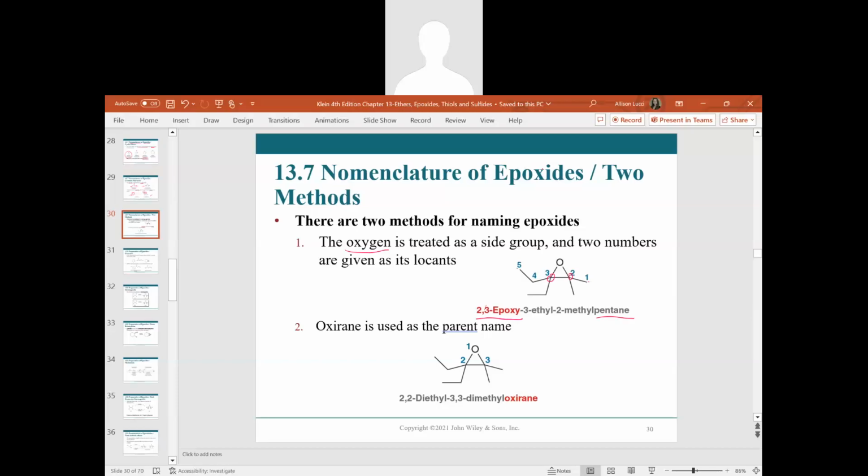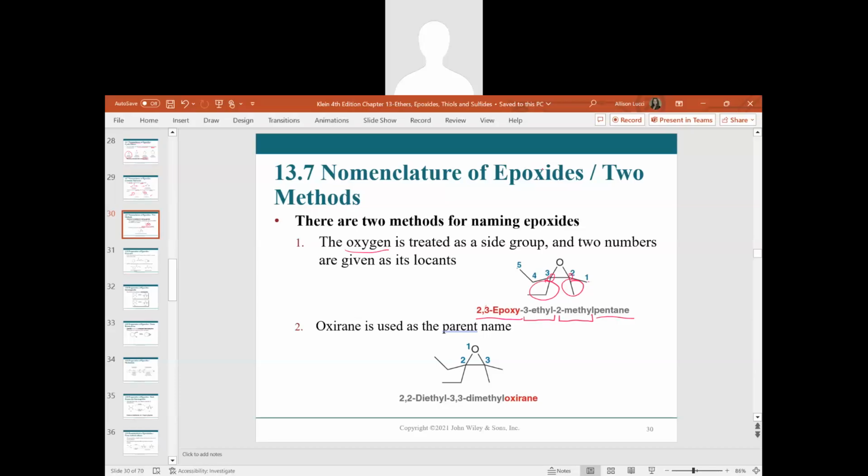So we name where the oxygen is connected to which carbons as an epoxy. And then we also have this group here and this group here, which we would name alphabetically. On carbon 3, we have 3-ethyl, and then on carbon 2, we have a 2-methyl substituent. If we put all this together using this method, we would have a 2,3-epoxy, 3-ethyl, 2-methyl